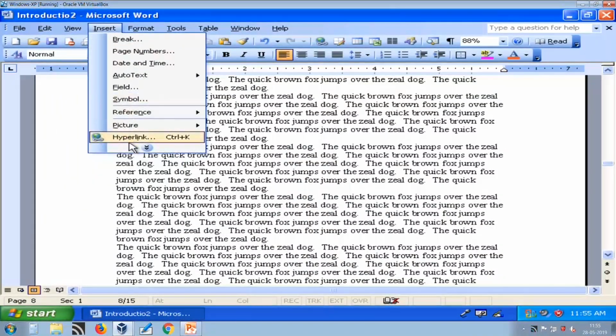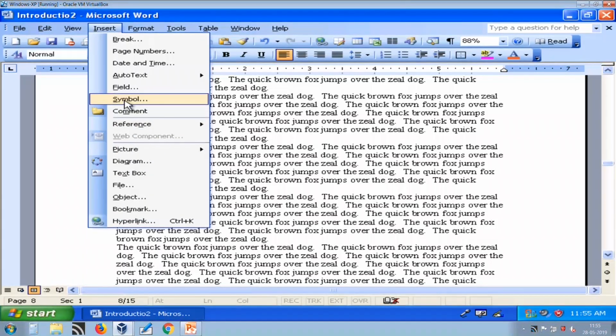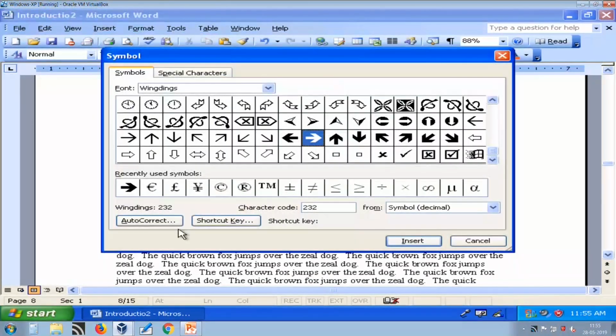Now, next is a symbol. Sometimes we do not have symbols other than the standard characters on the keyboard. For example, you can see on screen these kinds of characters are generally not available on the keyboard, and you may want to use them.